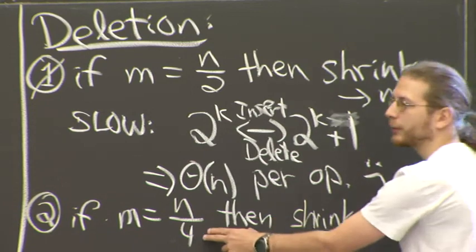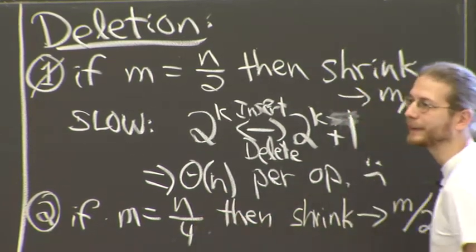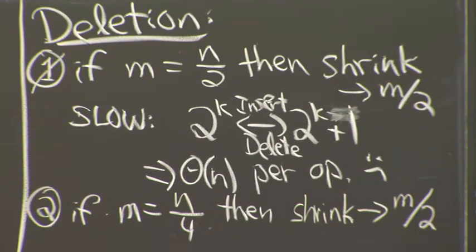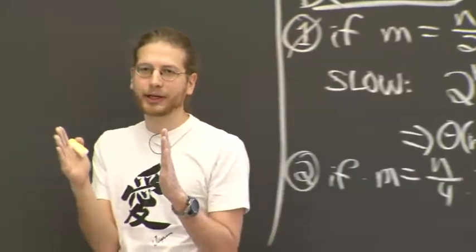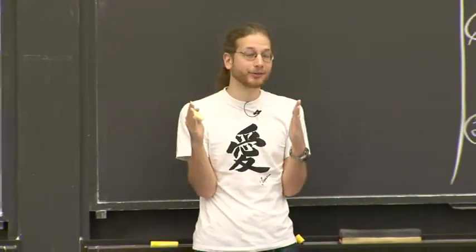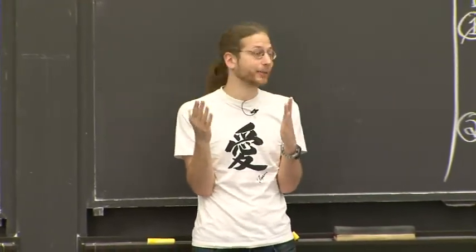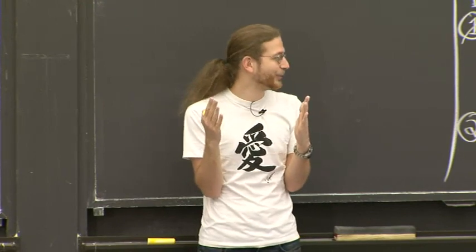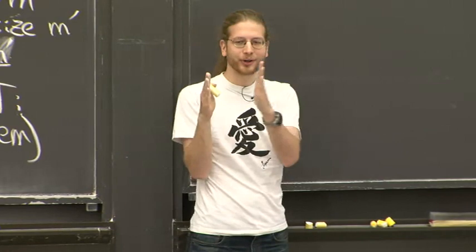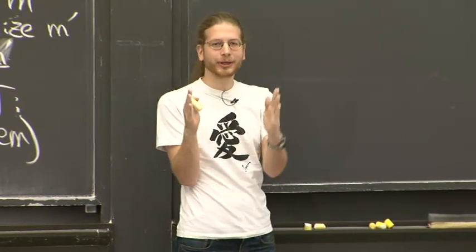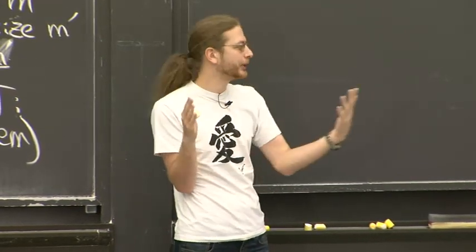we're only going to trigger it when we're 3/4 empty. So we're only using 1/4 of the space. Then it turns out you can afford to shrink to half the size because in order to explode again, in order to need to grow again, you'd have to still insert m over 2 items because it's half empty. So when you're only 1/4 full, you shrink to become half full because then to grow again requires a